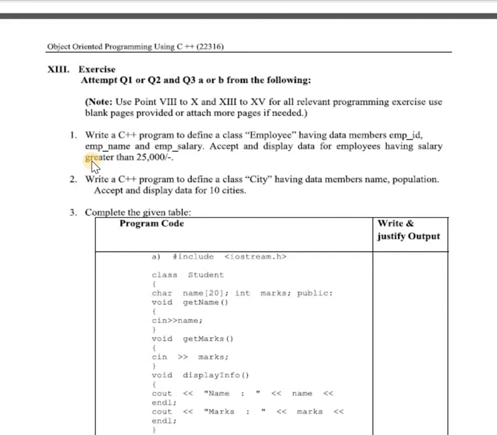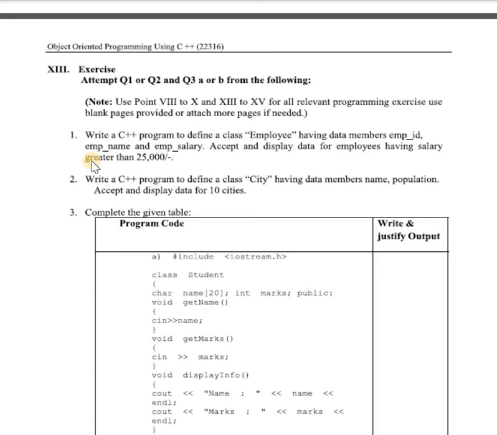That's why in the display function, you want to check a condition: if the salary is greater than or equal to 25,000, then only you are displaying the record of that particular employee.